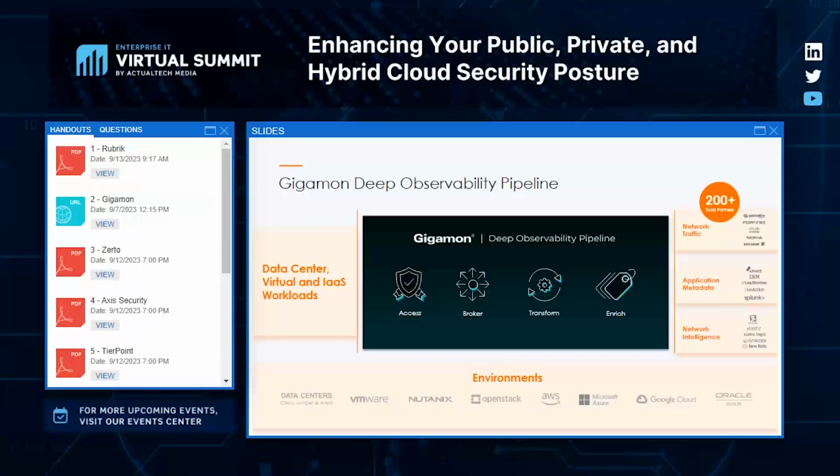There's also optimization. So typically we find 60-70% of the traffic coming into the tools tends to be not relevant for that specific tool. So if you can free up 50% of irrelevant traffic and improve the signal to noise ratio, you end up doubling the capacity of that tool. So again, very, very powerful capability. It's sending different types of telemetry to different tools. That's what we do at Gigamon.